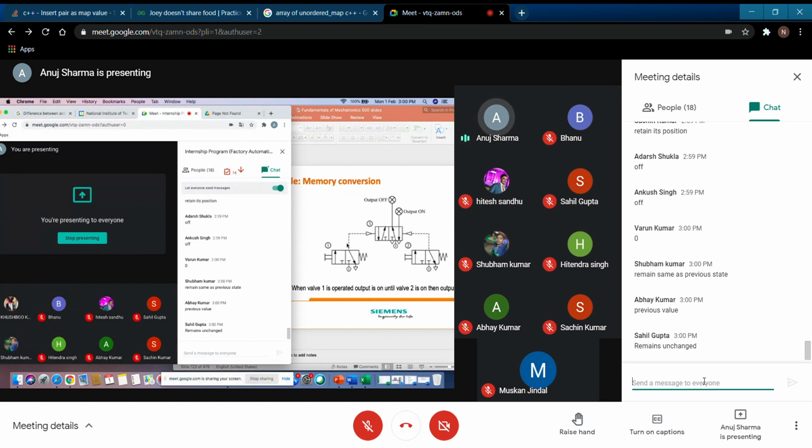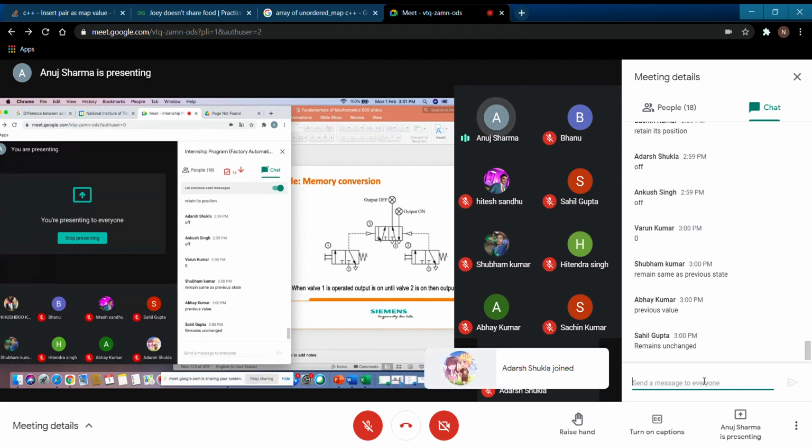Compressed air is not connected to either actuation; your compressed air is connected to this position. So in both cases this is not connected, actuation is not on either side, so it will not change its position. It will be the same as the previous step.